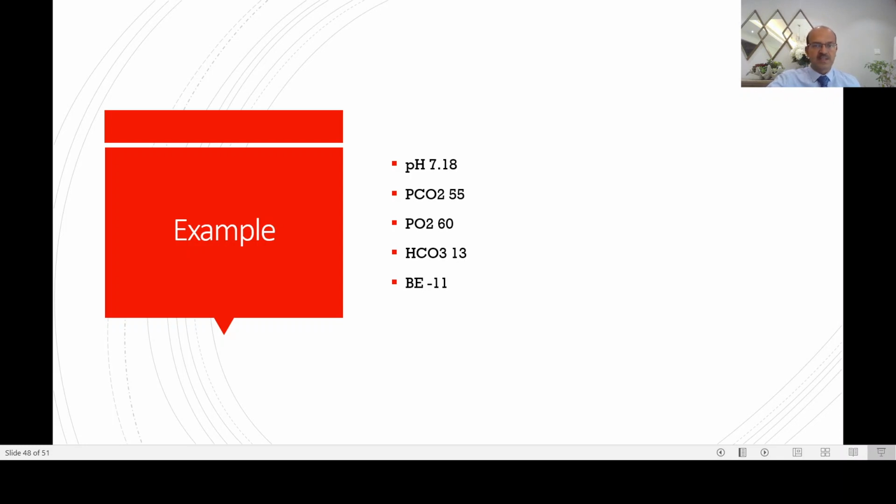If the same happens with a term baby with meconium aspiration, your approach would be to support the ventilation, correct the carbon dioxide. The perfusion may improve on its own. So the bicarbonate is usually a secondary response to the oxygenation difficulty. The PO2 obviously depends on the FiO2. I didn't tell you what the FiO2 was, and if the PO2 is disproportionately low compared to the FiO2, it means